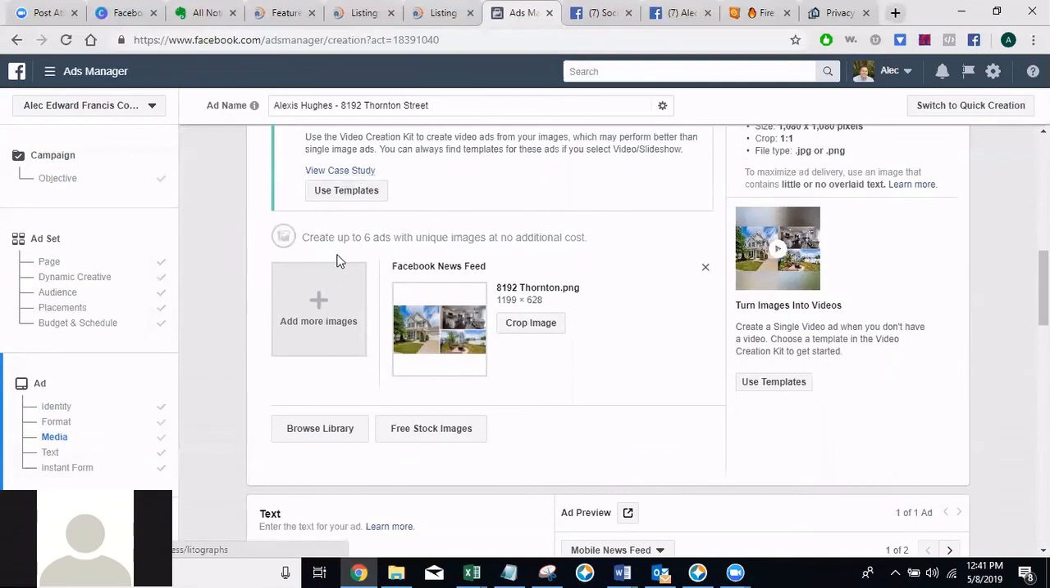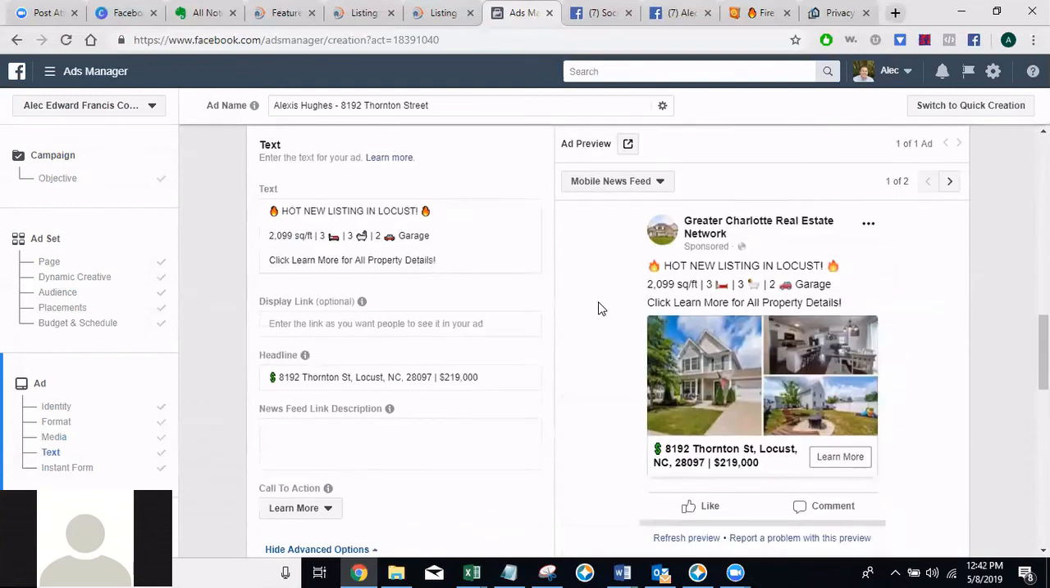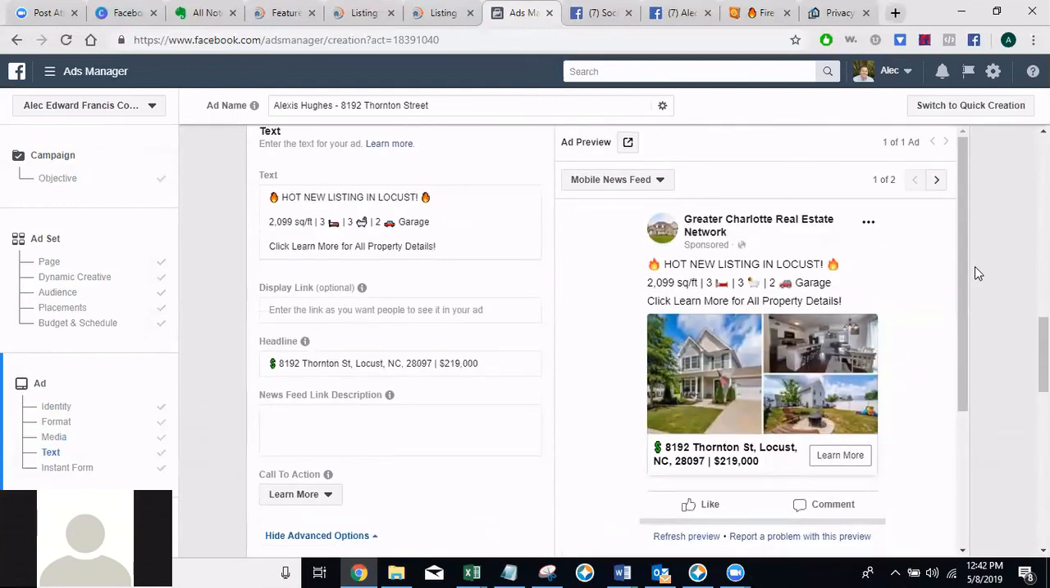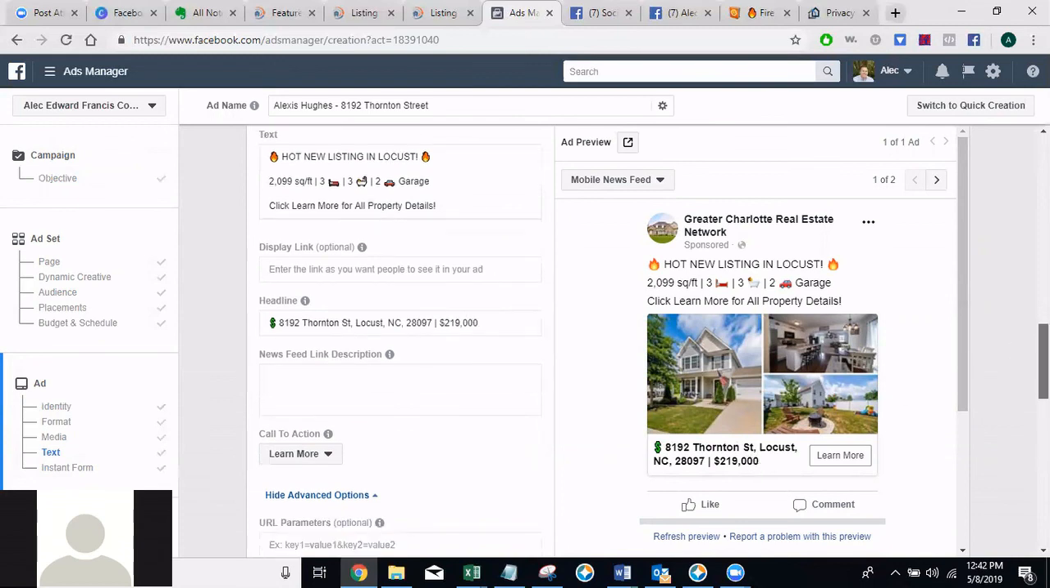Those are the main areas you want to focus on, and that's what you're going to get the most traction with customers. When creating an ad, keep it short, keep it tight. Use emojis where possible to make it more fun, more engaging. Make sure the headline has the address and the purchase price, because if you have a high purchase price, you